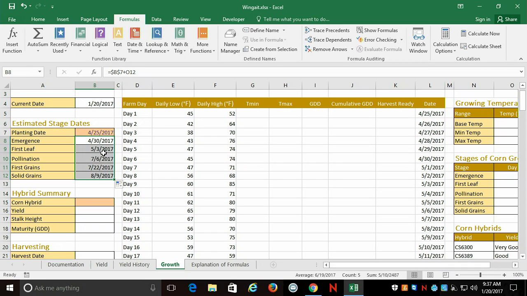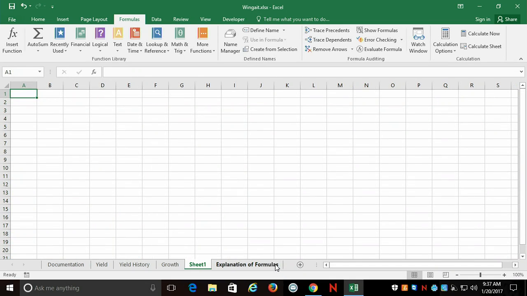And I drag that down, and now it's saying, all right, that's B7 plus O13. That was right. This one is B7 times O14. And I think the best way, maybe it's not the best way, but I like it, to show how those cell references work is let's go to a new tab. Let's make a new sheet here, and this is ancillary. But let's build ourselves a little multiplication